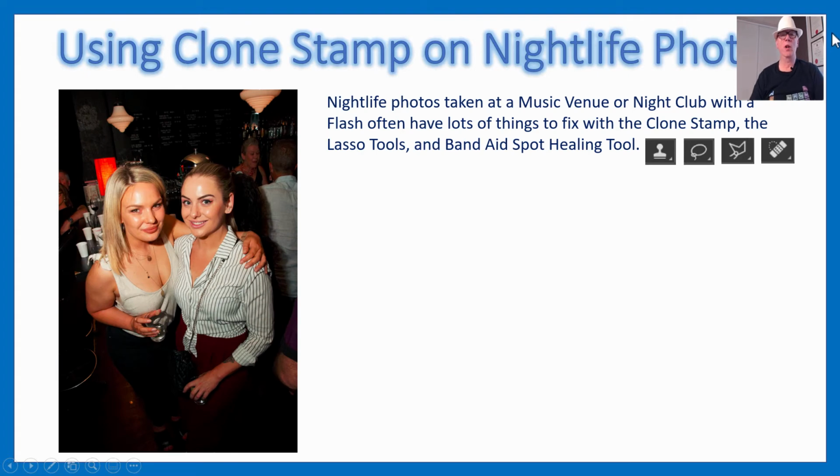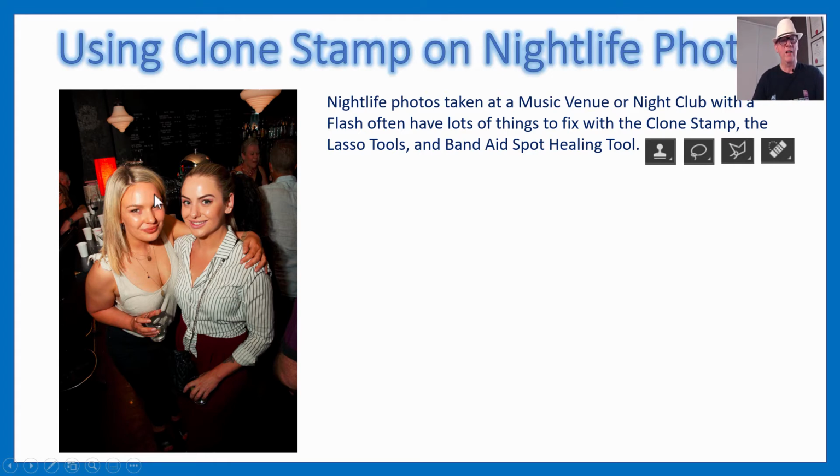Okay, this video is even working out longer than I expected. All right, so we're going to use the clone stamp tool on nightlife photos. So this is lesson 3. When you take nightlife photos with a flash, it does light up the background a bit. It's very hard to avoid that, even with these special sort of diffuser things you put on over the top of your flash. And we've got this kind of bright white light here where the flash kind of reflected off their skin,